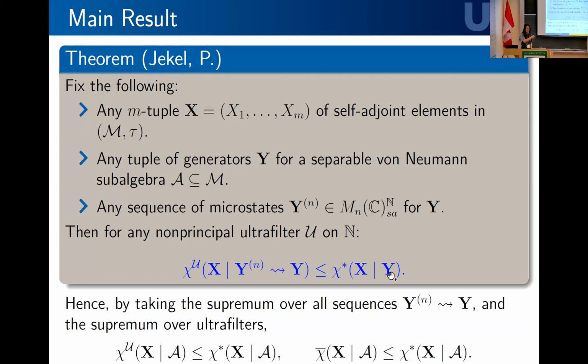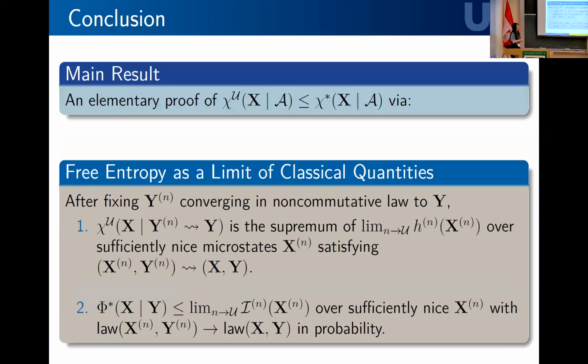And I don't have to assume all of that extra technical nonsense for the reasons that I gave before, that in the construction of the inequality in the microstates picture, I'm actually choosing xn's uniformly in some bounded microstate space. Okay, and then by taking supremum over all of the embeddings into matrix ultraproducts and all of the non-principal ultrafilters, I can recover the same result for Shlyakhtenko's relative microstates free entropy. And I'll end there. This is just a recap of the main results.